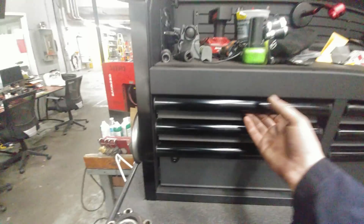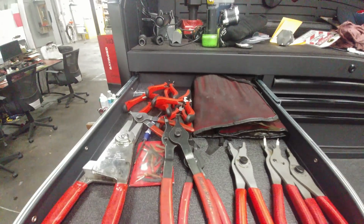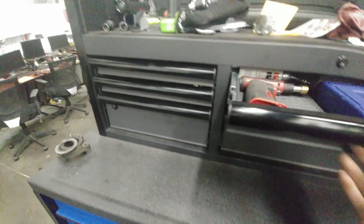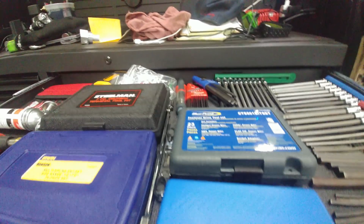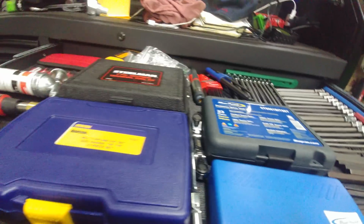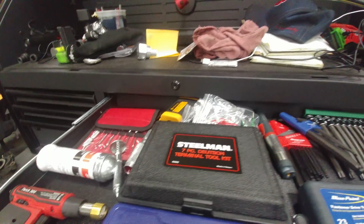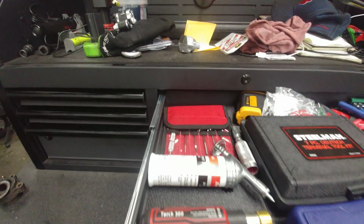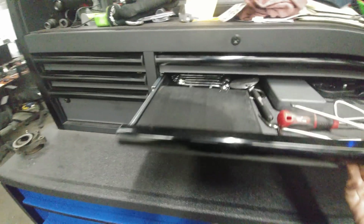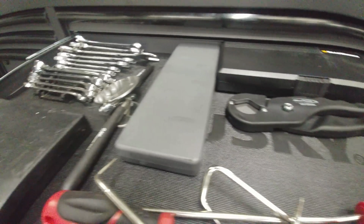Let's start up here. Snap ring pliers and mini pliers and spare chisels. Got all the long Torx and Allens and spare Allen keys and bits, extractors, Deutsch terminal tools, more electrical tools, torch, spare wrenches, mirrors, dial caliper,